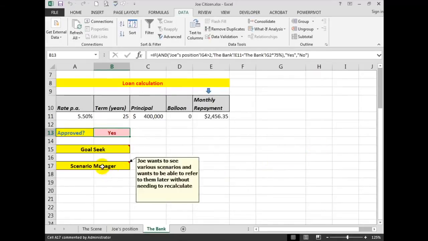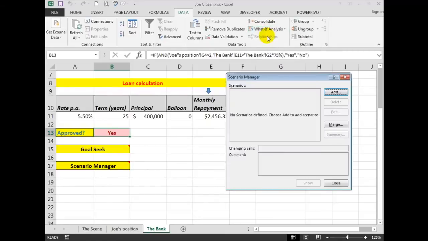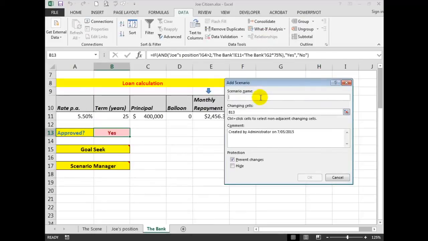The Scenario Manager. Joe wants to see various scenarios and wants to be able to refer to them later without needing to recalculate every time. So in this case, we will use the Scenario Manager, and the Scenario Manager works like this. First of all, we add a name for the scenario and we'll call it term. He wants to go for 20 years and he wants to borrow an amount of, we'll say,